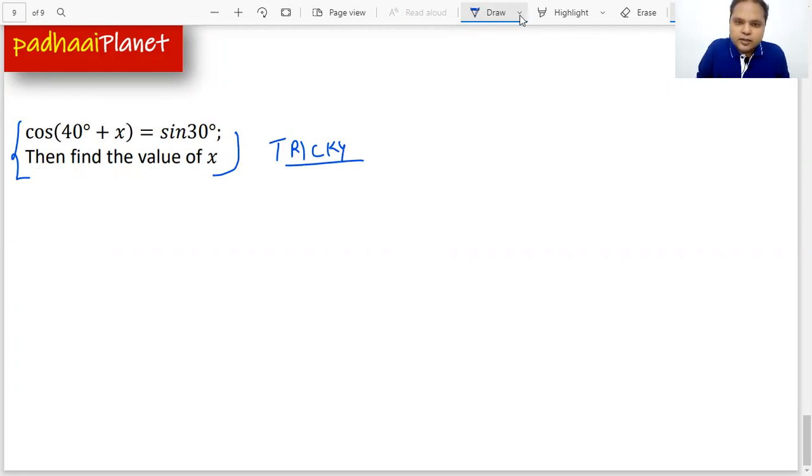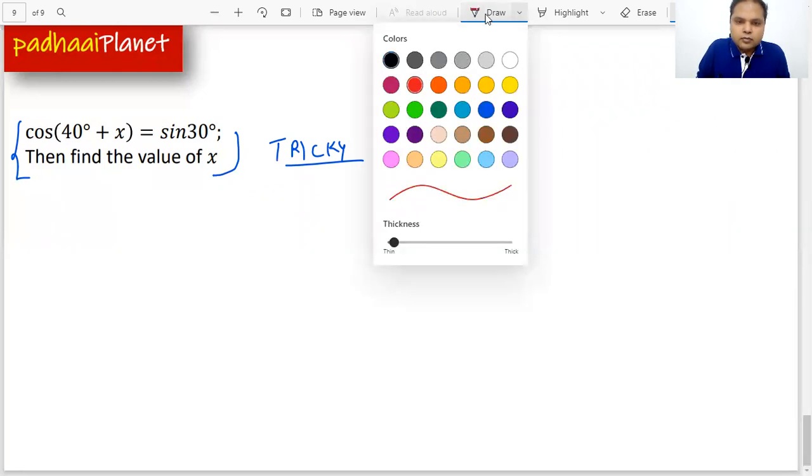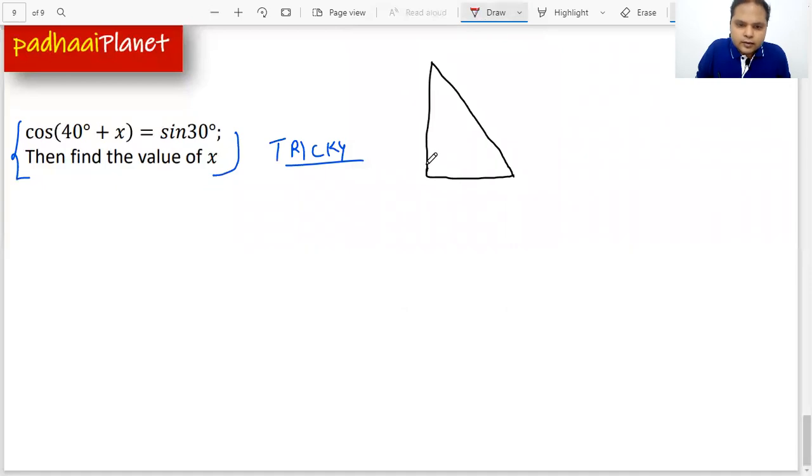which I had explained in one of my earlier videos also, but I'll just put it once more. So suppose, just imagine we have got a triangle and it's a right angle triangle, and it's like this. Now suppose this is theta, and this is named as B and C.